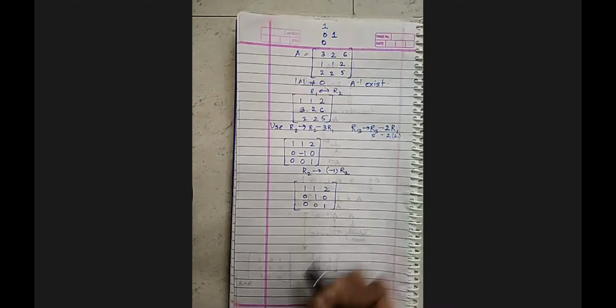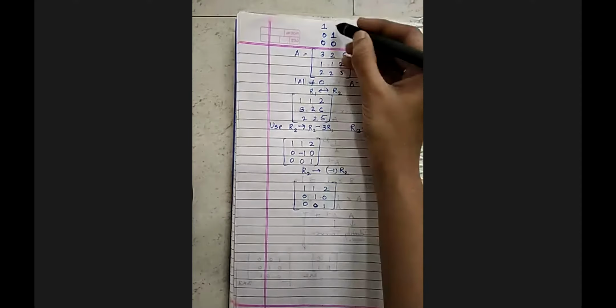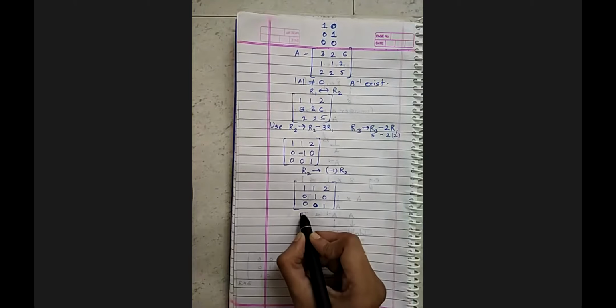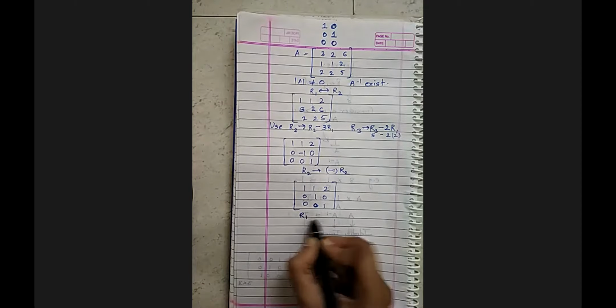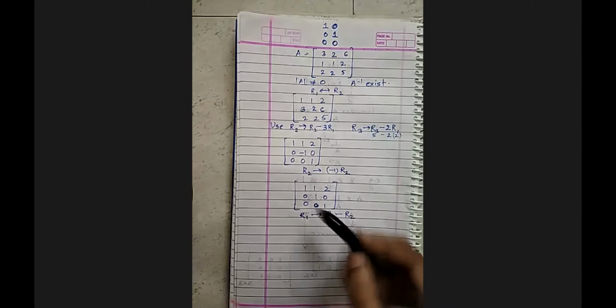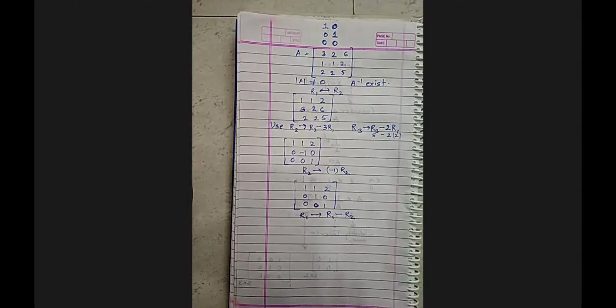Okay, now I've made this 1, and if you see, your below element is already 0. I have to make the above element 0. So I can take the help of row 2. So 1 minus 1 is 0. So what I'm going to do is change my R1. So it is R1 minus R2, because if I do this, 1 minus 0 is 1. So nothing will happen to this one. What I have already got is safe and secure.